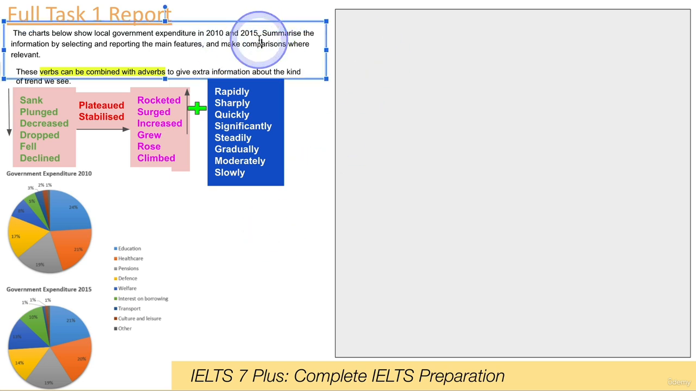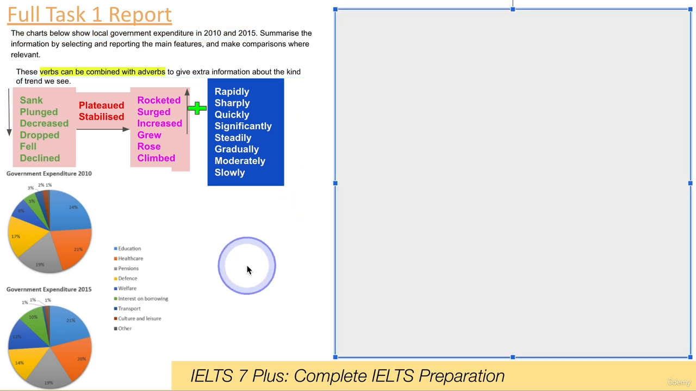Okay, so what's the first thing we need to do? You might be thinking, well, we need to, let's move this there. We need to paraphrase, which means put into our own words this sentence here. The pie charts below show local government expenditure in 2010 and 2015. That is what we need to reconstruct into our own sentence. Okay, so we can be more